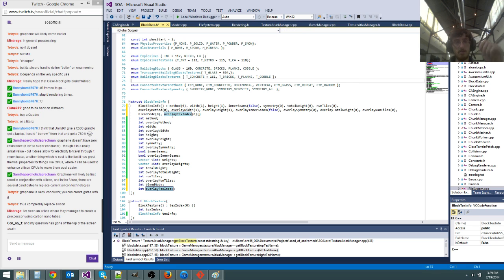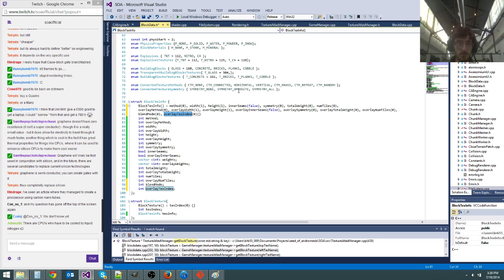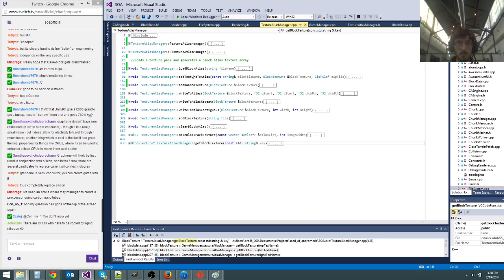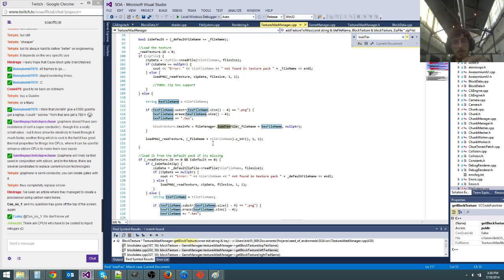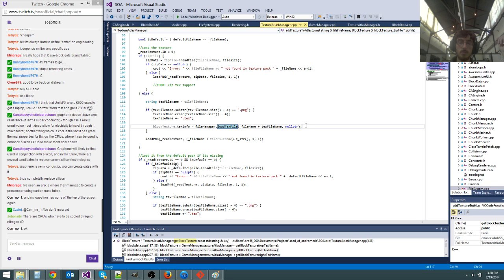Overlay text index is 0, so we just need to load the texture in and set the texture index whenever we do that. And to do that, ooh. See, we're doing this as a step while we're stitching the texture atlas versus before. Oh, okay, my brain's melting here. Let's go back to Texture Atlas Manager. So load block atlas. So we load the text file here. So what we're going to want to do is